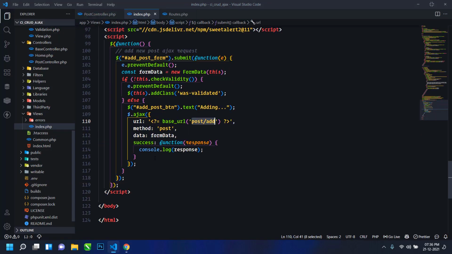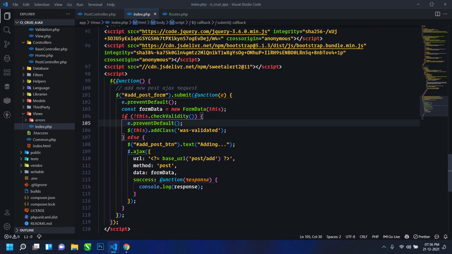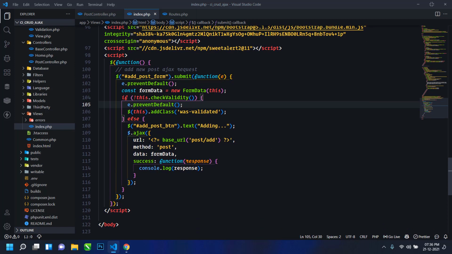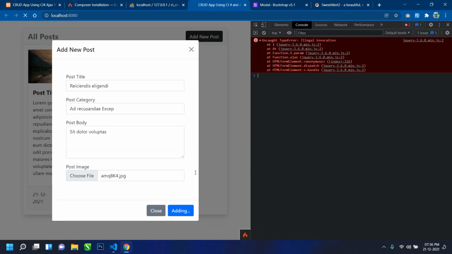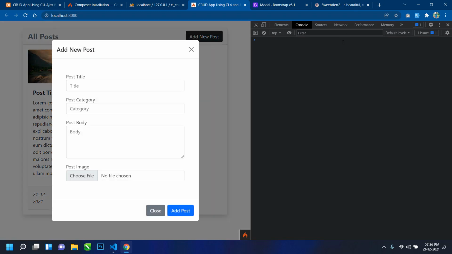Let me check. So here ajax base url. Where is the problem? Method post, form data, everything is fine here. Don't know why this is not working.